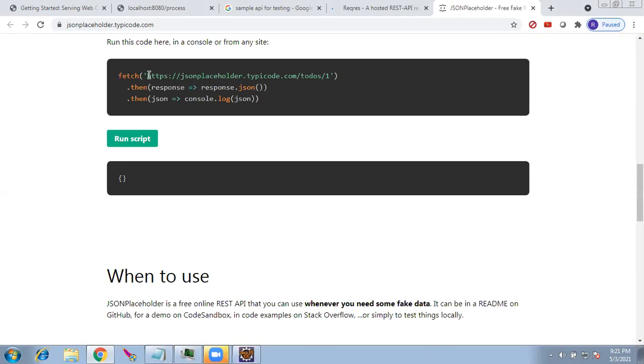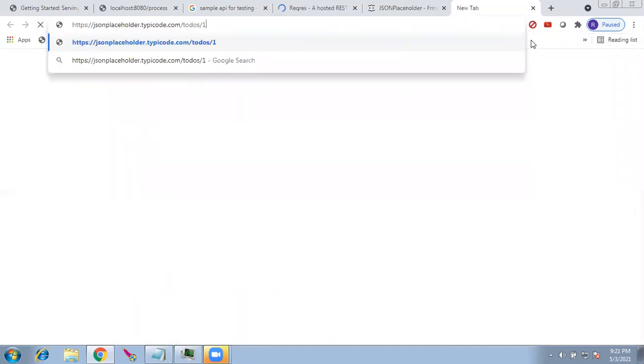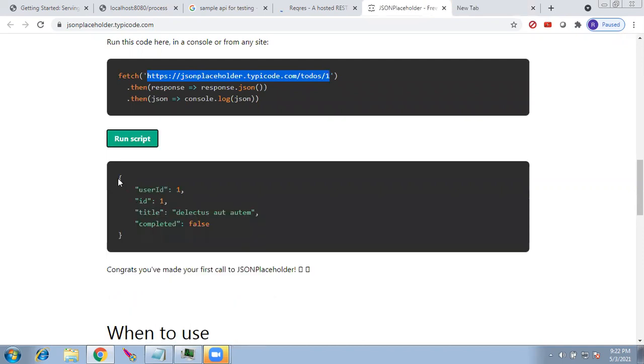Here, HTTPS JSONPlaceholder todo one. You can call this API from Postman and you'll get a request and response. This is called an API. This is an endpoint which will be listening for a request. You see, it is returning some data. This is called an API endpoint, and if you give this in Postman, you will get this response.